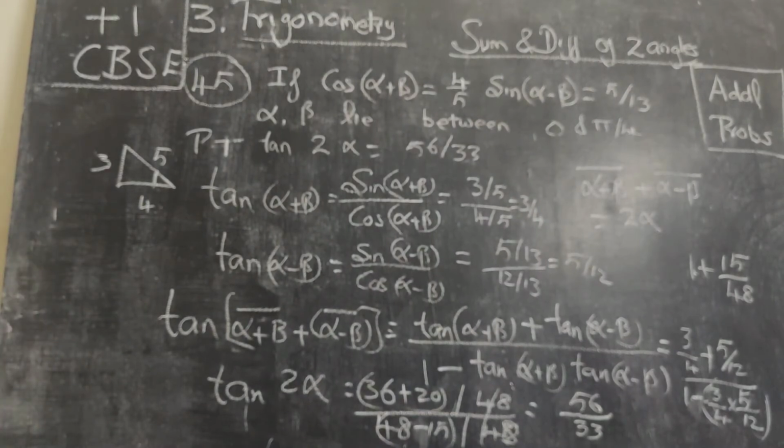So the problem is a simple problem only. The only thing is it must strike you that tan 2 alpha we can approach in this way. Tan of (alpha plus beta plus alpha minus beta) will give you tan 2 alpha. If you remember, then the problem is simple. So today we have seen some 5 typical problems. Of this, this model is important. In your miscellaneous exercise there are 3 or 4 problems of this model. If alpha lies in first quadrant, beta lies in second quadrant, find out sine of alpha plus beta, cos of alpha minus beta, something like that. So for that, this will be helpful. You can do those problems yourself.